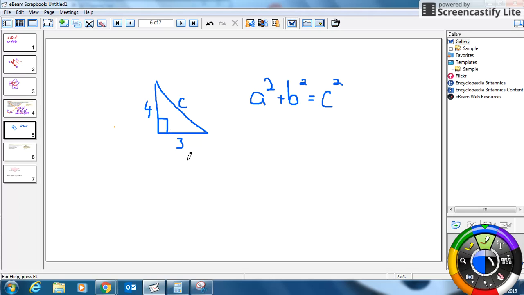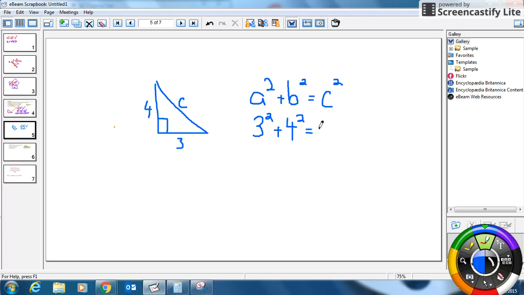Now, does it matter if this is side A or this is side B? It doesn't. With Pythagorean's theorem, they're interchangeable. You just always have to remember that C is always the hypotenuse, or the longest side. Okay, so let's just pump these numbers into the formula here. So let's call this side A. So in this case, 3 squared plus, we'll call this b over here, 4 squared